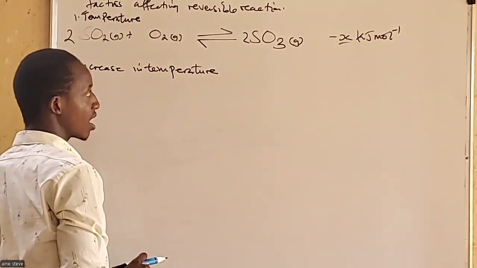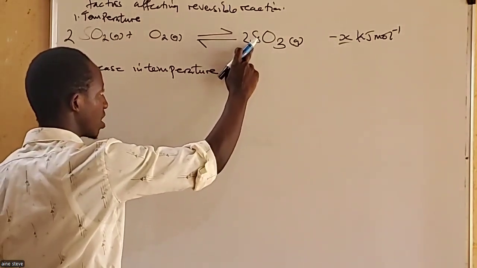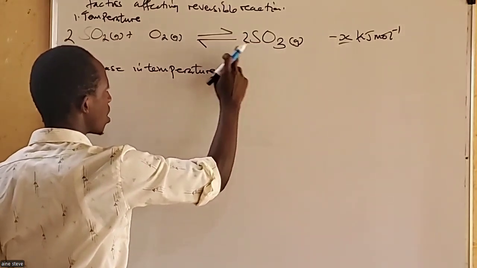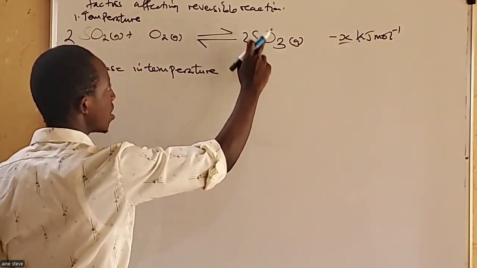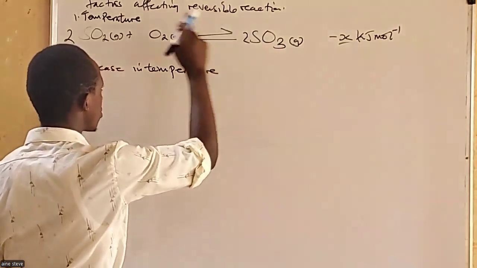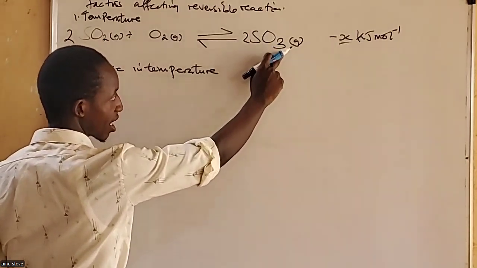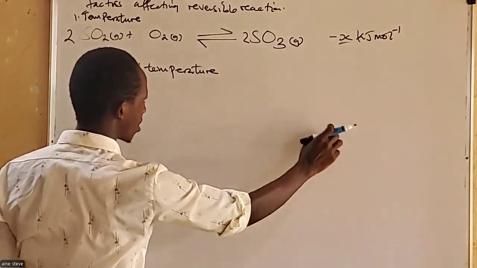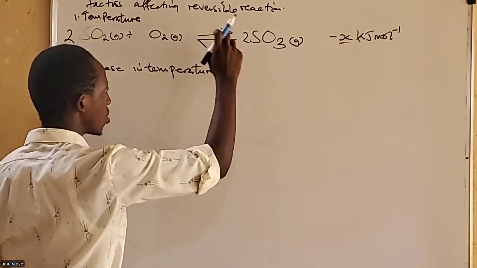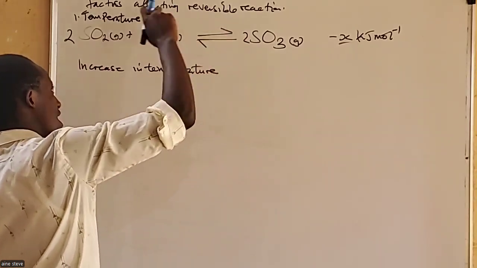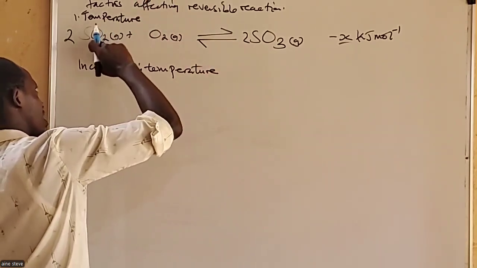Okay? So the rate of formation of sulfur trioxide decreases when you increase temperature. But the decrease in temperature will increase the yield of sulfur trioxide, shifting the equilibrium from left to right. That is in case you decrease the temperature. But increasing the temperature will shift the equilibrium from the right to the left,